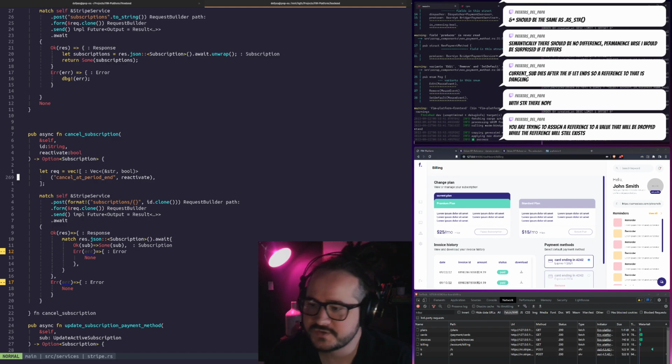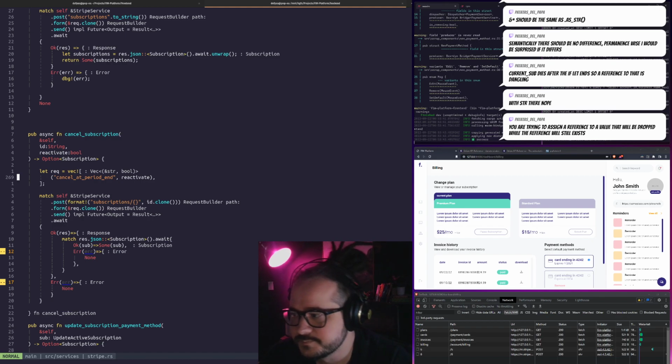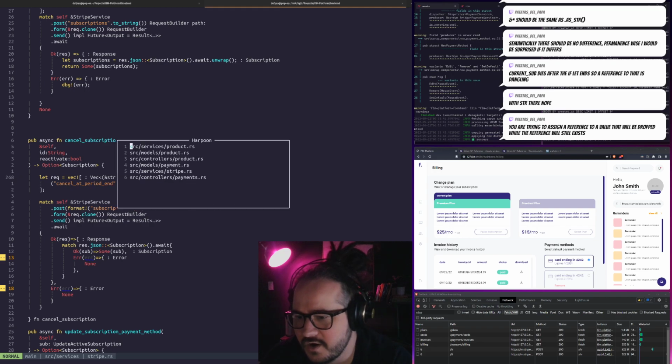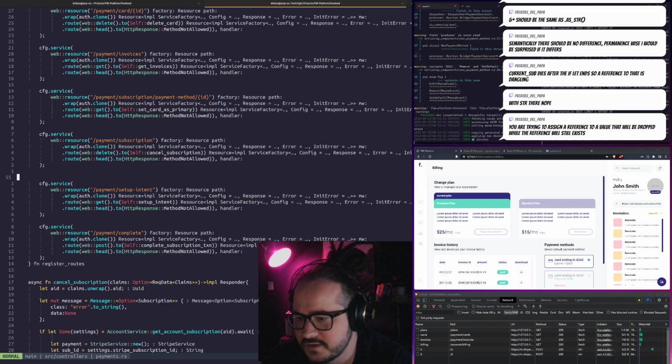So upon canceling, we're gonna have to check to see if the current date is greater than the billing cycle end date. If it is, then we create a new one. If it's not, then we resume it by just toggling this flag. So this is fine. Our logic will basically live within